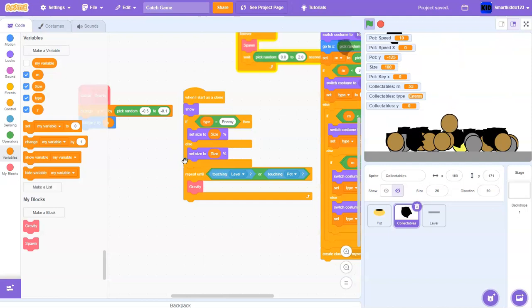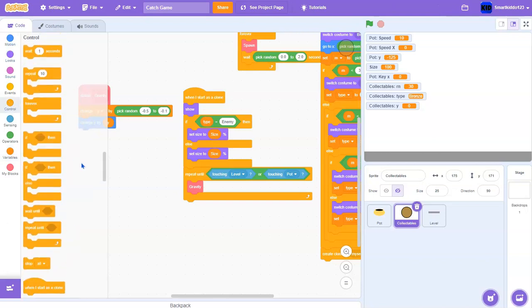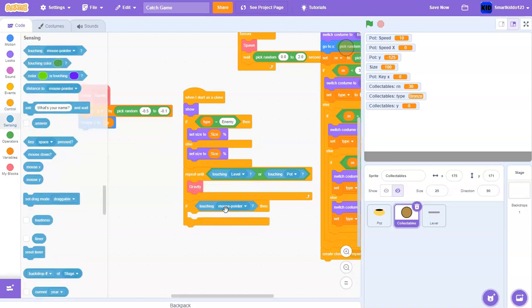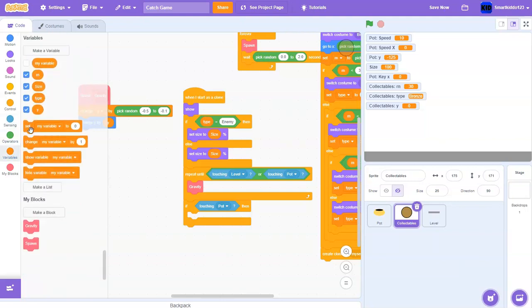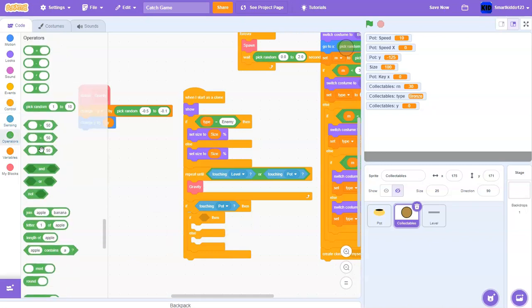Now what we're gonna do is code the point values for the bag. So first thing we want to do is if touching the bag or pot, we already have the type variable, so we make another if and make sure this is an if else. If type is equal to gold,